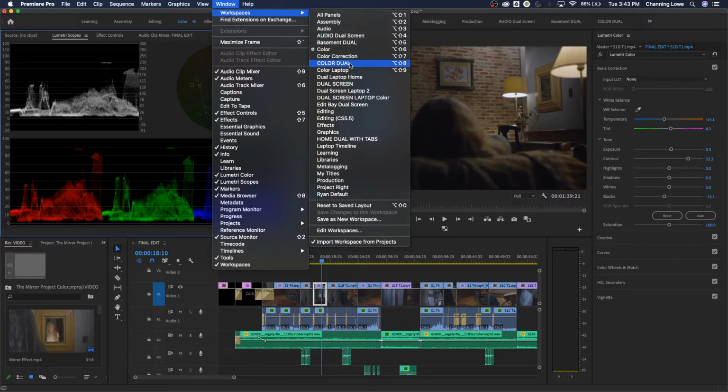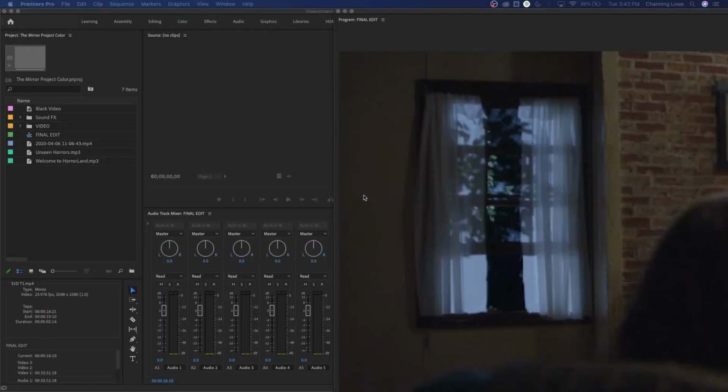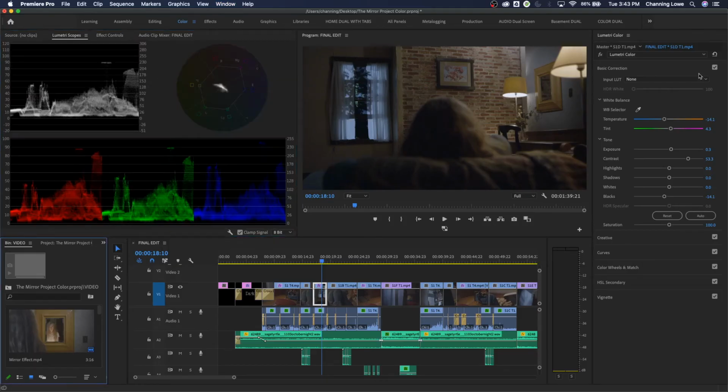These are customized ones that I've made myself. You won't have as many here unless you've been making them for yourself. Ryan default. Who the hell's Ryan? I don't even know a Ryan that does editing, so I don't know where that came from. Somebody broke into my house in the middle of the night named Ryan and did his own layout. Let's see what it looks like. That's really weird. Okay, now that I'm creeped out a little bit,